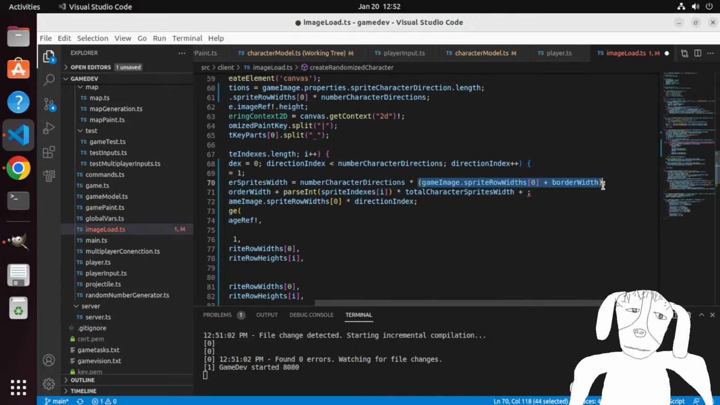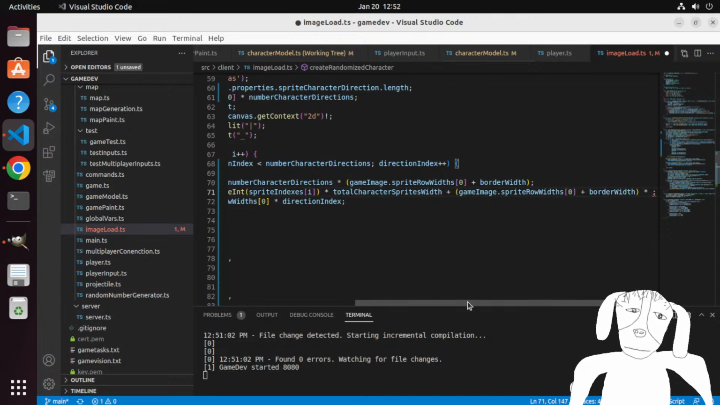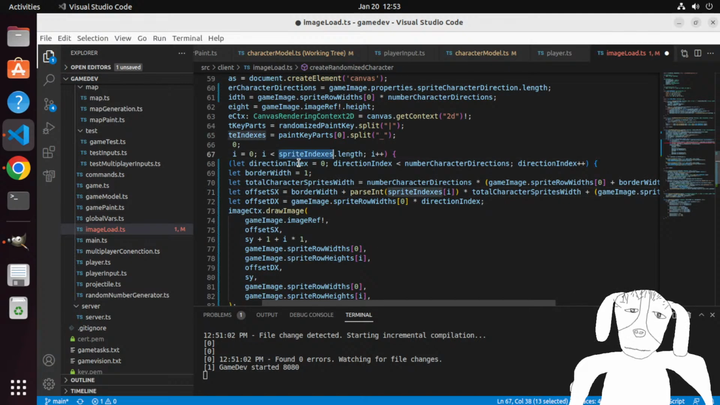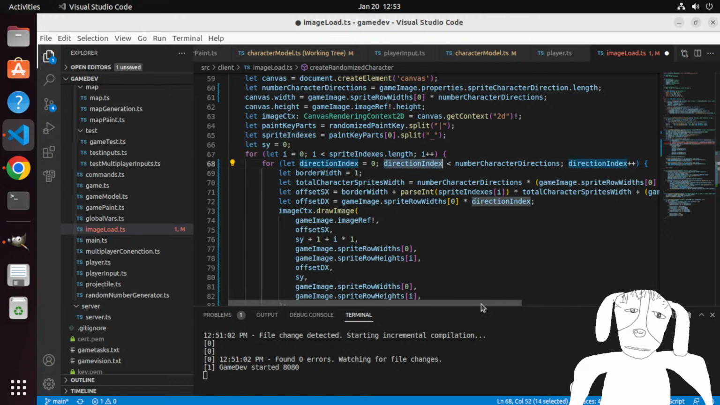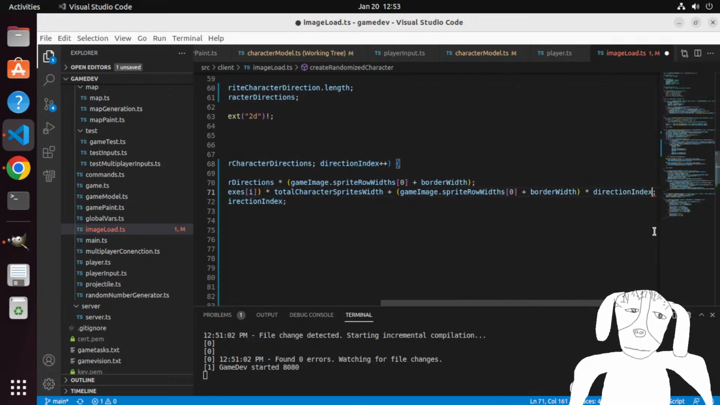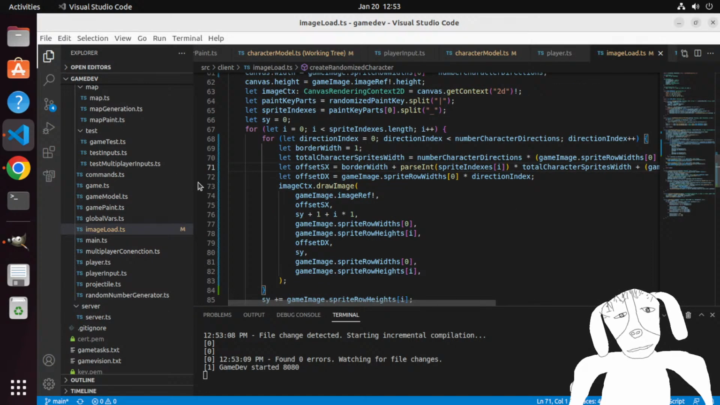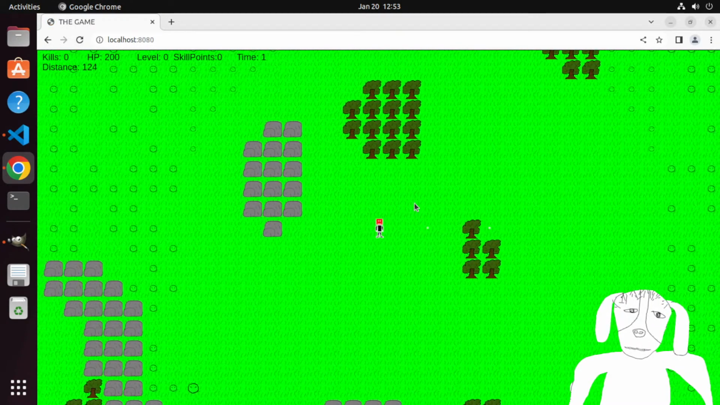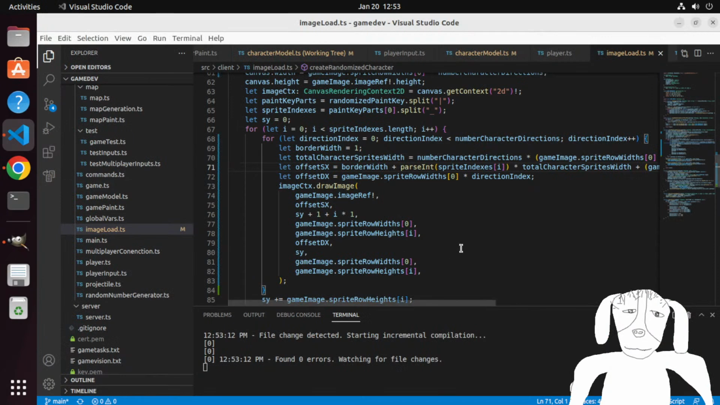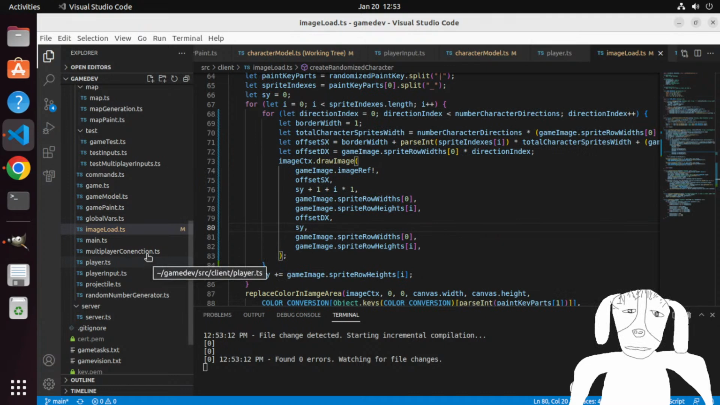It should be something like this times this direction index. And it could work. So I have multiple directions. Or if I draw my character,